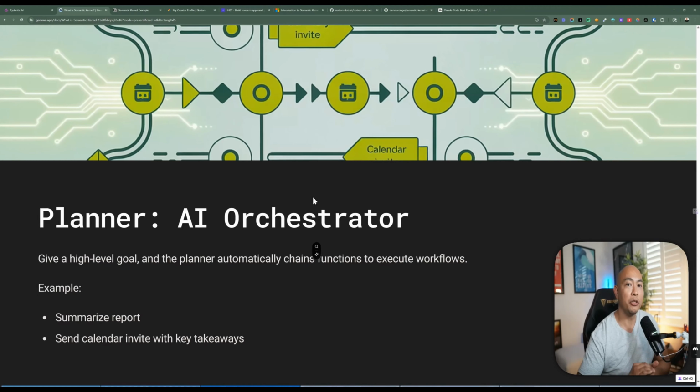The planner lets you give the AI a high-level goal, and it figures out the steps to achieve it. So for example, you could ask, summarize this report, and then send a calendar invite with the key takeaways. And then the planner automatically chains the right functions together, so you don't need to hard code every single possible